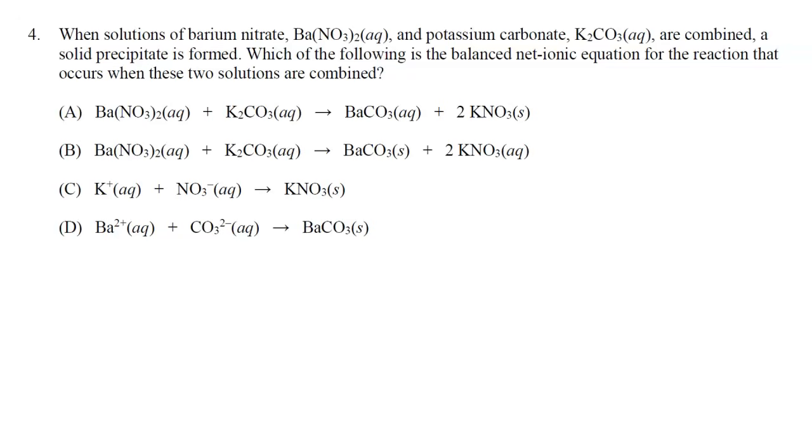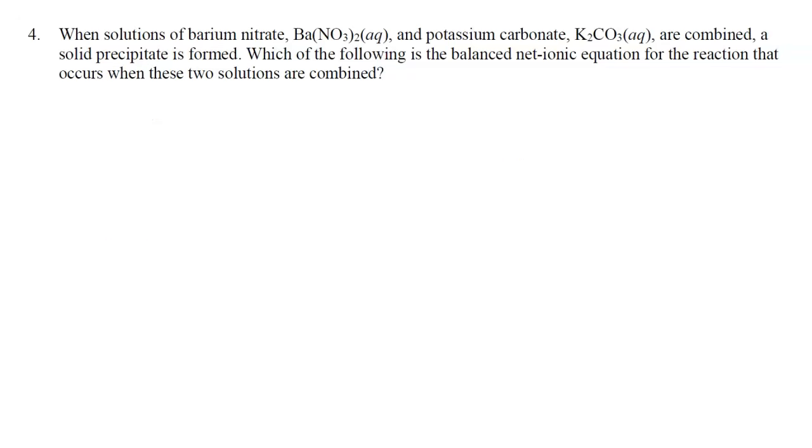Question 4 says, when solutions of barium nitrate and potassium carbonate are combined, a solid precipitate is formed. Which of the following is the balanced net ionic equation for the reaction that occurs when these two solutions are combined? So the first thing I'm going to do is try to write the correct chemical formulas of the products